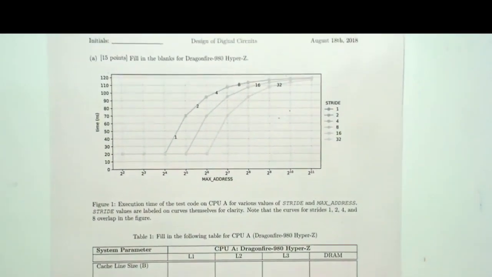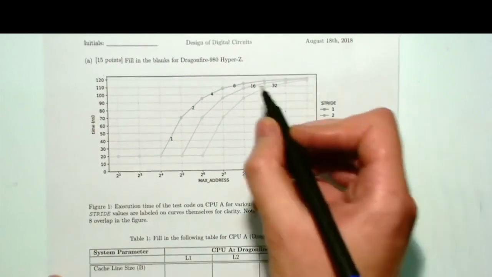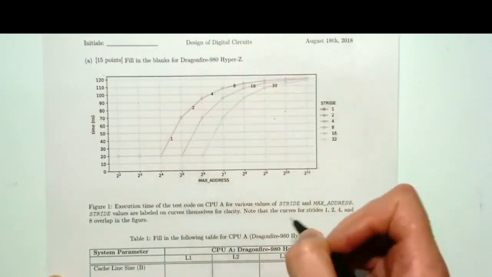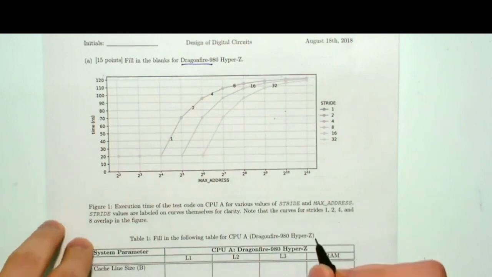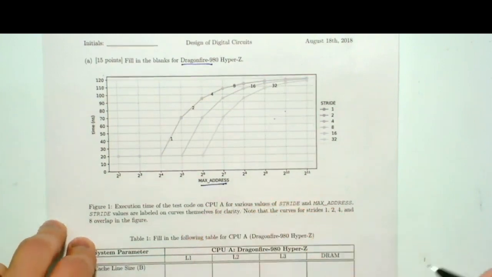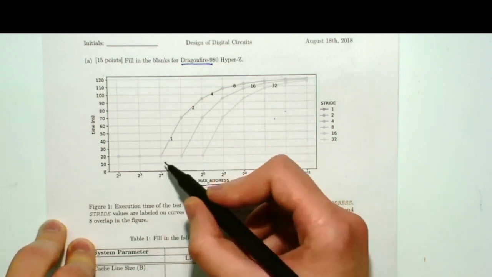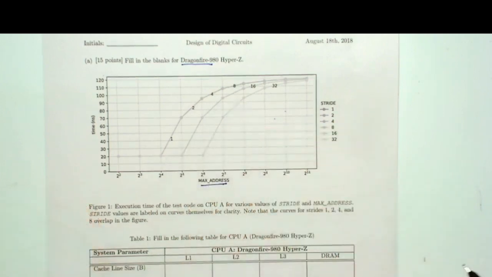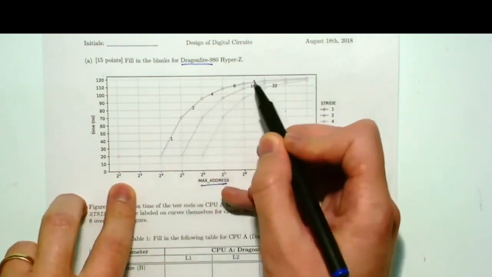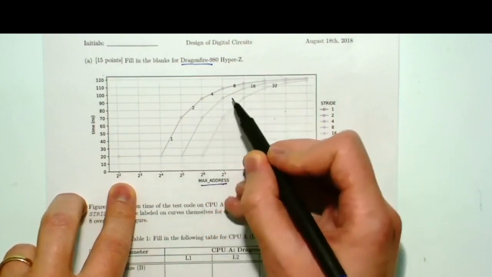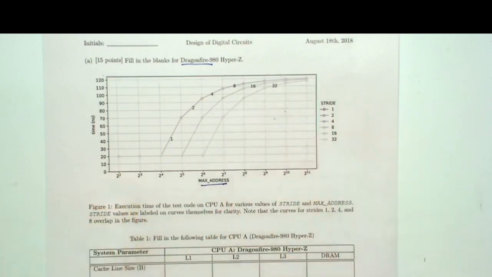Okay. And here in this part, we see some data obtained by running this application for this processor over here. And in the x-axis, we see how the max address changes. And different lines here show different strides. So strides 1, 2, 4, and 8 overlap here on the same curve. And then here we have stride 16 and stride 32. Okay, so it is difficult to read this at first, but if you go through it carefully, it's